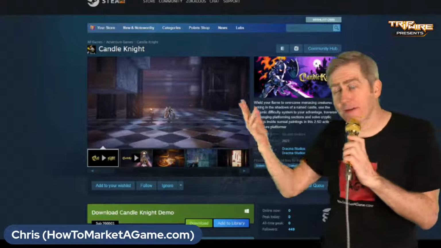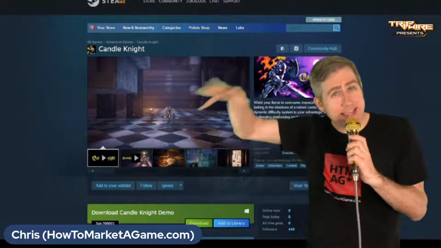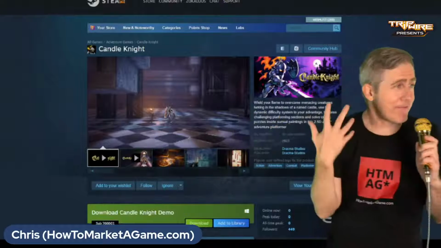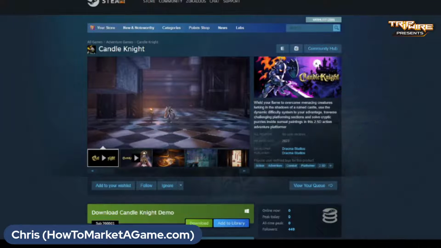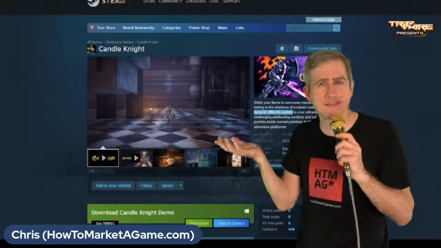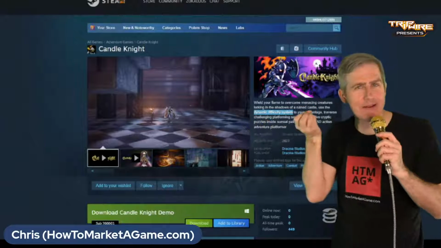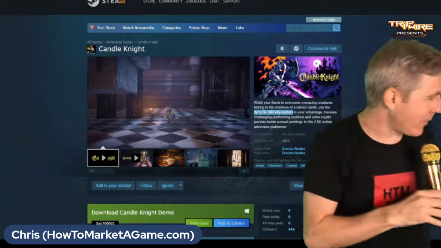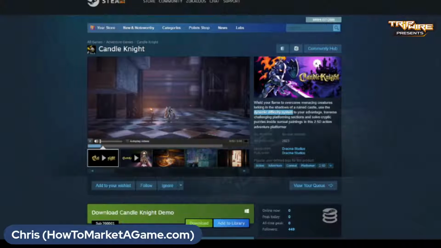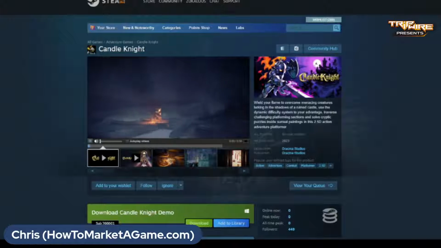Because 2.5D action platformer, there are all kinds of those. I think the candle thing is potentially unique, but I can't figure out what about being a candle is unique. Now you point out this dynamic difficulty system. Yeah, that's cool. It's a cool feature, but it's still not like there's something about a candle. Tell me what's so cool about being a candle. That's one of the things that I would kind of expect to see there. And good, you get right into the action here. I think that's really good.